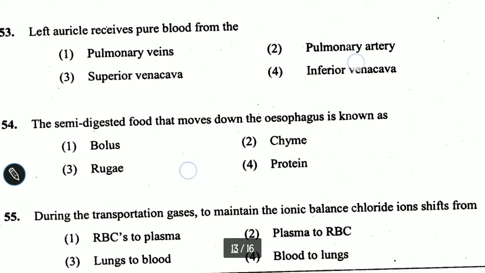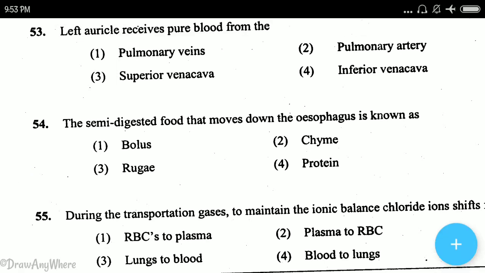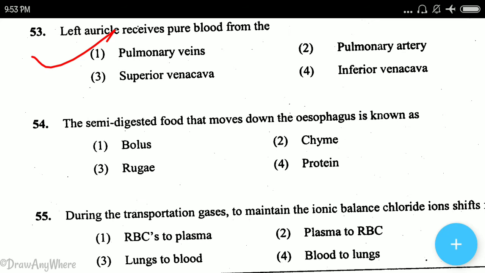Now coming to the next question, left auricle receives pure blood from the, you all know, we have already studied. Deoxygenated blood, which is impure blood, comes to the right auricle. So the left auricle is receiving what type of blood? Oxygenated blood, which is also known as pure blood. So the answer here will be pulmonary vein, which is coming from where? It's coming from the lungs. Oxygenation occurs in the lungs, so oxygenated blood is coming to the left auricle from